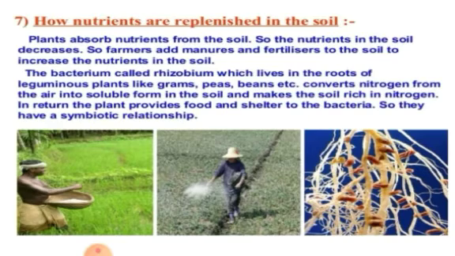So bacterium and a leguminous plant is an example for symbiotic relationship, and this symbiotic relationship also helps the farmer. How does it help? Fields in which leguminous plants are grown from time to time do not need addition of nitrogenous fertilizers, because where we grow leguminous plants there will be bacterium. That bacterium converts nitrogen from the atmosphere to soluble form into the soil. So at that time the farmers need not add extra nitrogenous fertilizers to the soil. In this way this relationship helps the farmers.